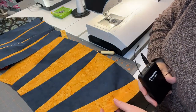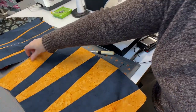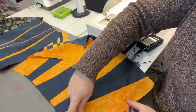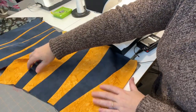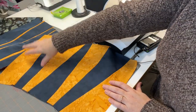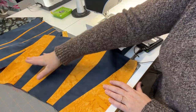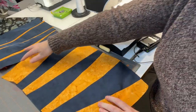So here's my block all done. I don't know if you can tell, but it is angled a little bit funny. You can see that my side goes curved here. Trying to see in the camera better, sorry. You can kind of see that it curves a little bit. I can not worry about that, or if it's going to bother me as the quilt progresses, I can square it up. I may end up squaring it up, because a lot of times it's easier